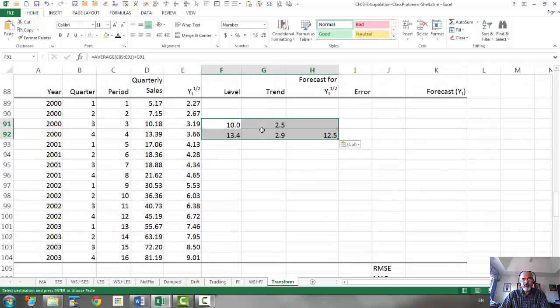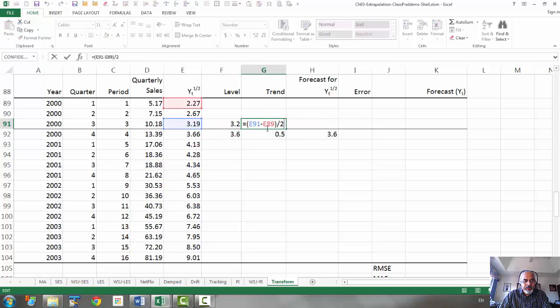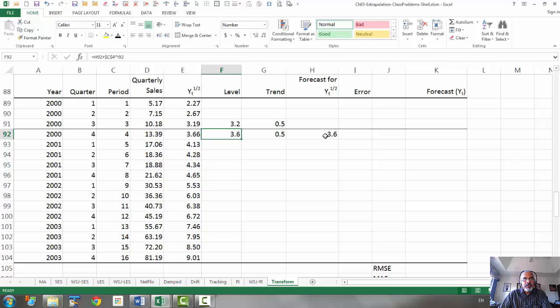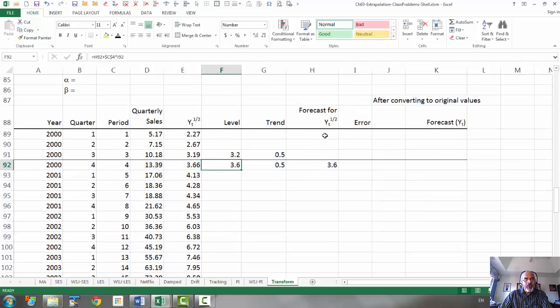and when we copy, we must always make sure that the formulas are correct. So this is correct, this is average, and G91, that's correct. So that is correct. Now here we take, okay, here is the problem. So instead of,